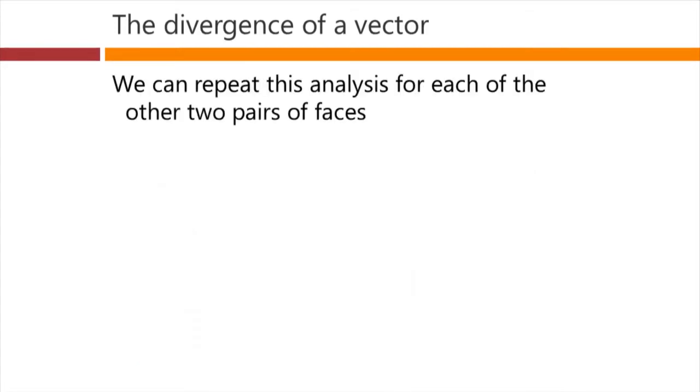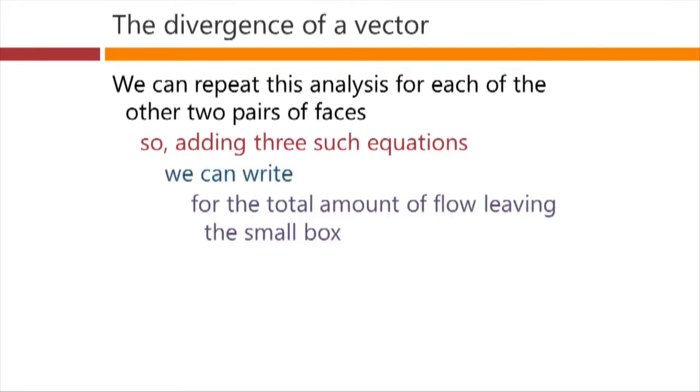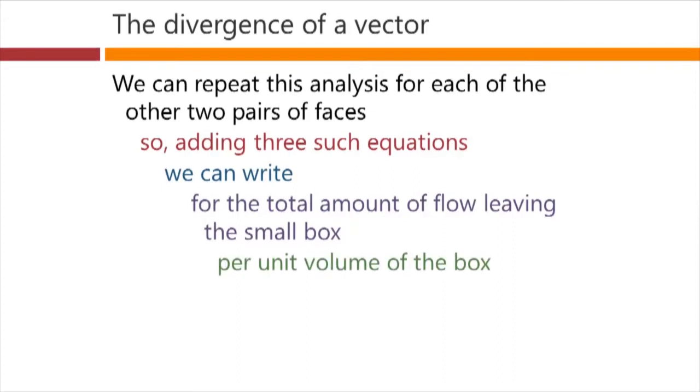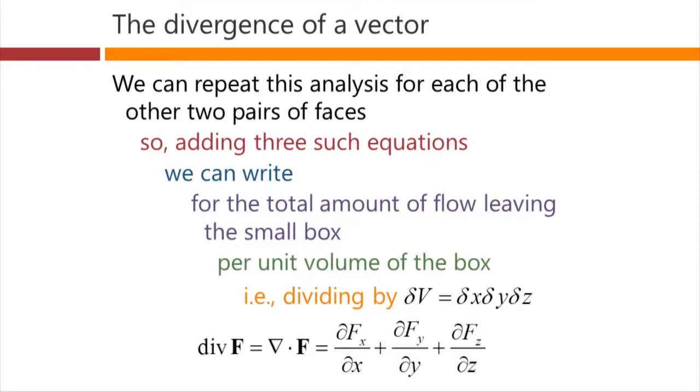We can repeat this kind of analysis for each of the other two pairs of faces of the box. So adding these three equations together to get the total flow here, we can write for the total amount of flow leaving the small box per unit volume of the box, that is, we're going to divide by the volume of the box, which is delta x times delta y times delta z, then the result of that is